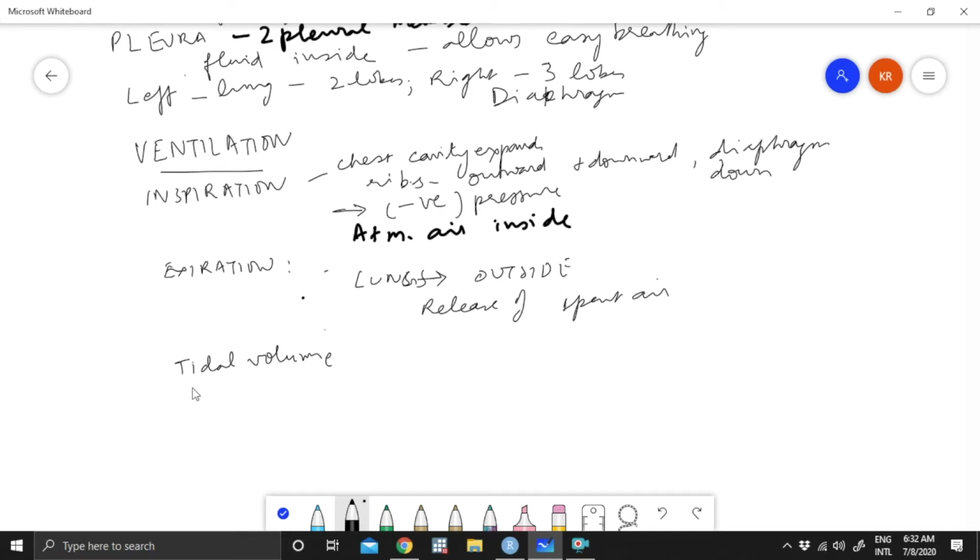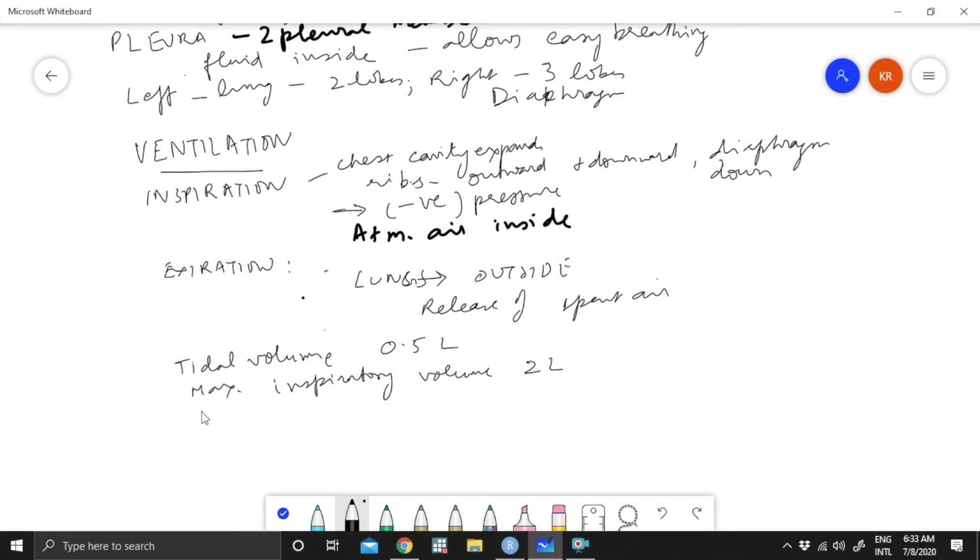That is called maximum inspiration or maximum inspiratory volume. So tidal volume is about 0.5 liters. Maximum inspiratory volume will be much more, say around 2 liters. At the same time,